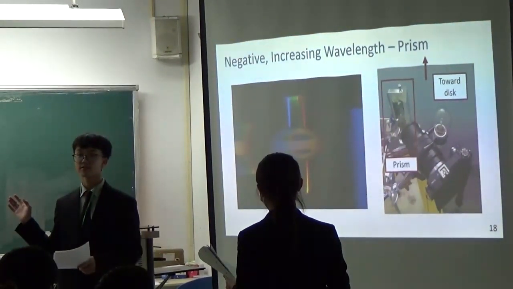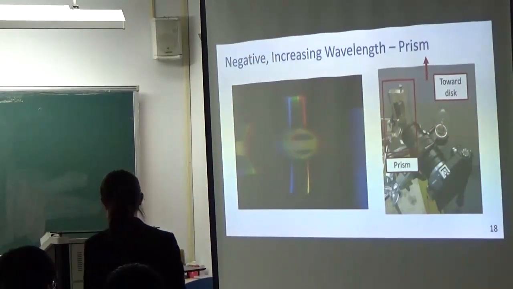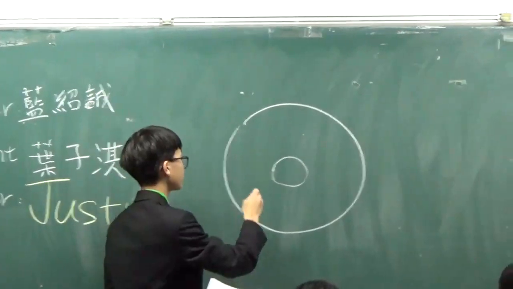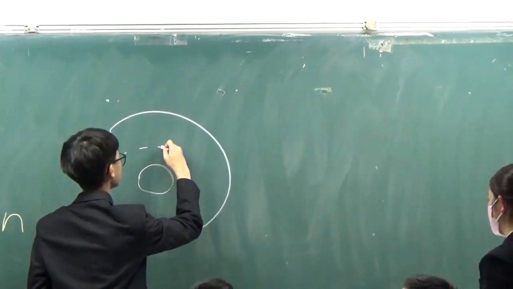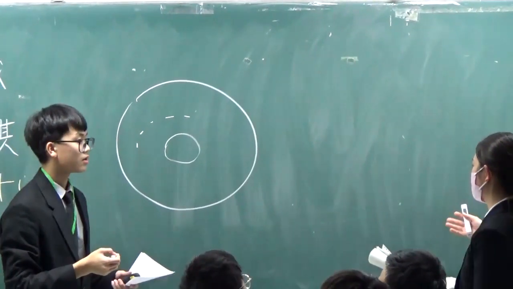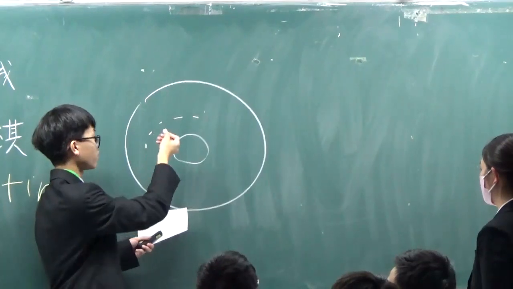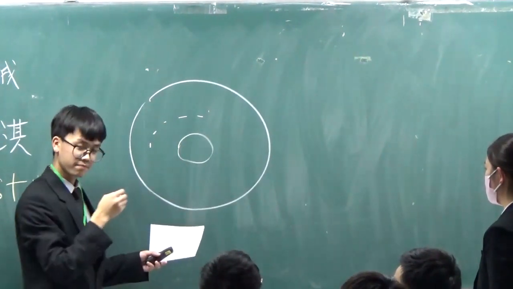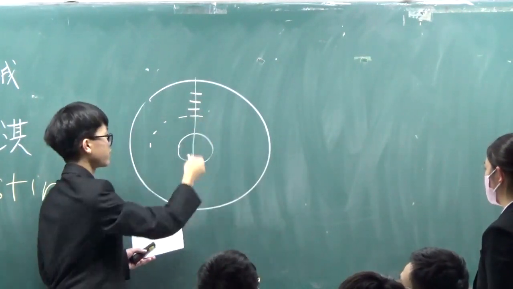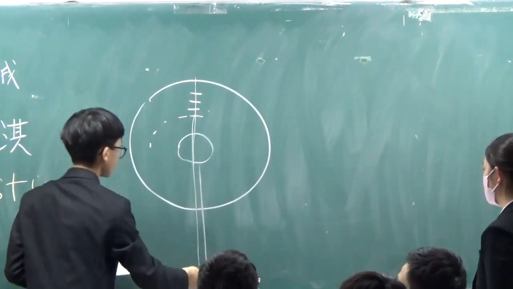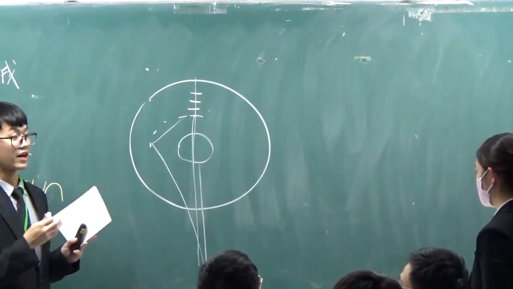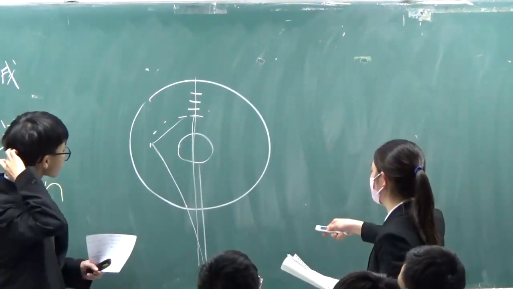Oh, can I use the blackboard? Yes, please. Suppose that is the CD, and there are small tracks on the CD. The direction of the little ticks is perpendicular to the lead like this. So only in this situation can the light from the light source reflect back. Otherwise, the light will reflect to other angles. Only the diameter will have the light. So don't you think it will have this or this?